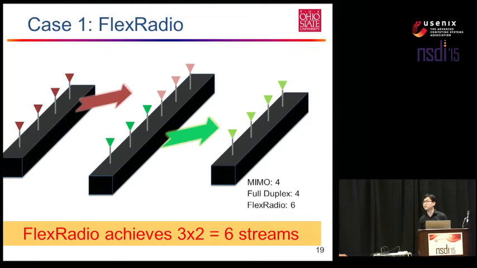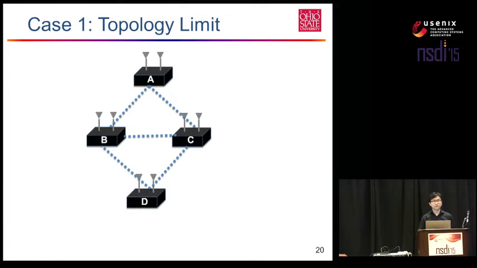It's a diamond topology. We have 4 nodes here, and except for the link from A to D, all the others can see each other. And in the MIMO case, if we want to transmit from A to D, assume we first try the transmission from A to D, and 2 streams are enabled. In this case,